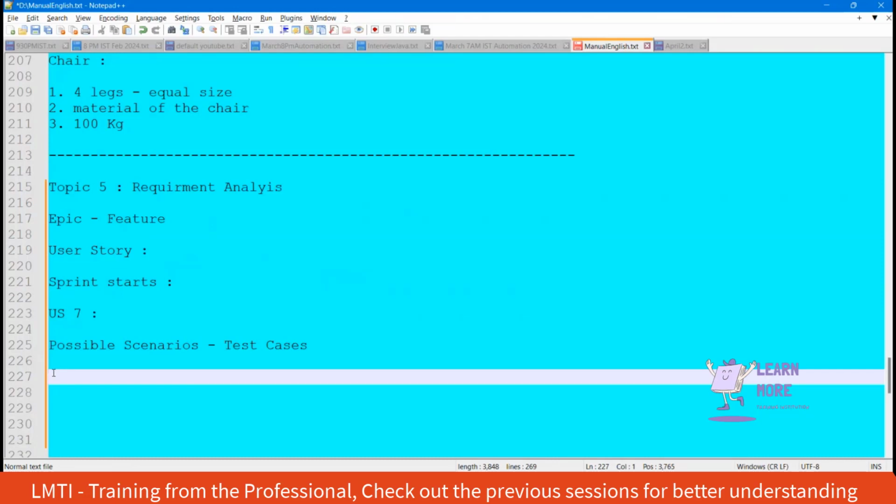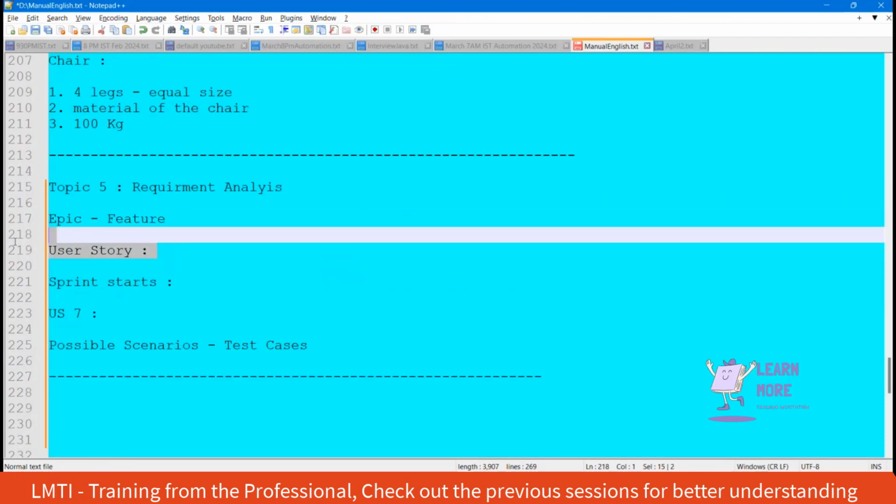If you have only, say, 2 QAs, then in order to complete a single epic we may run for 3 sprints. If we have many QAs, assume we have 6 QAs in a team, then we can wind up the particular feature within a single sprint. Okay, so whenever the sprint starts, the first key thing is that you need to